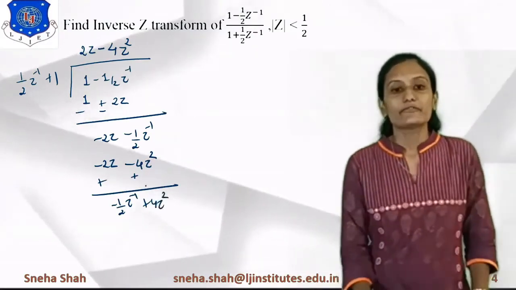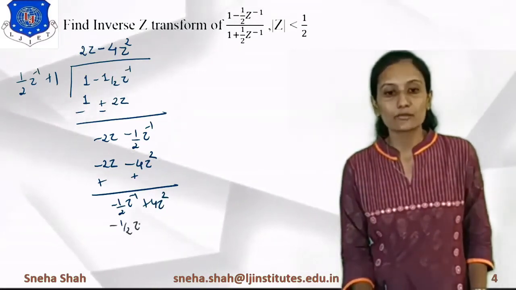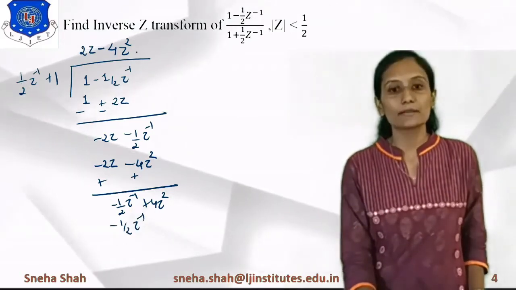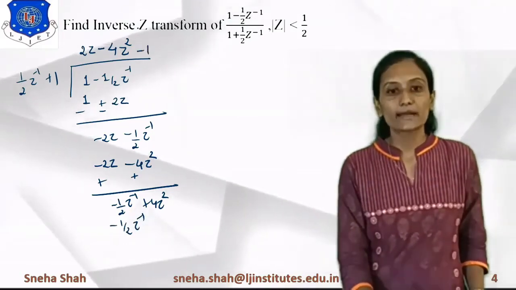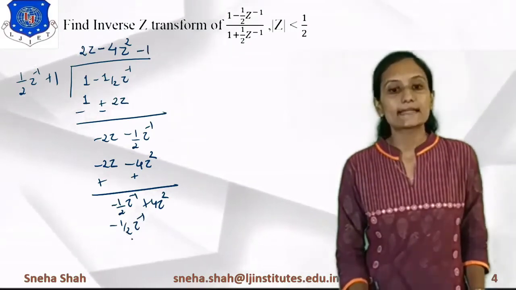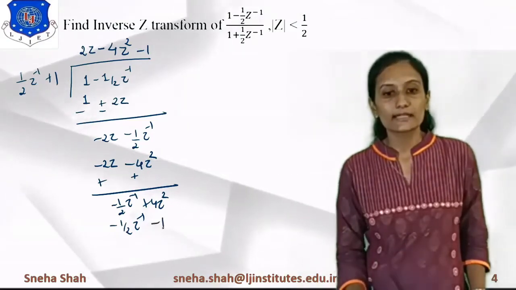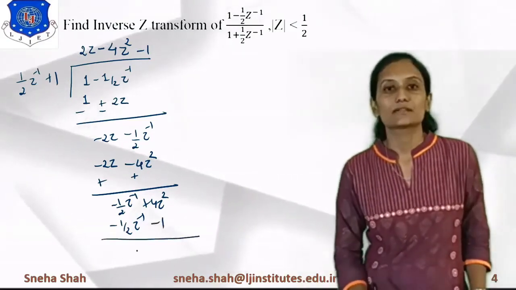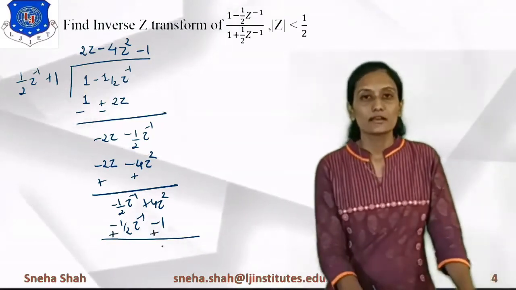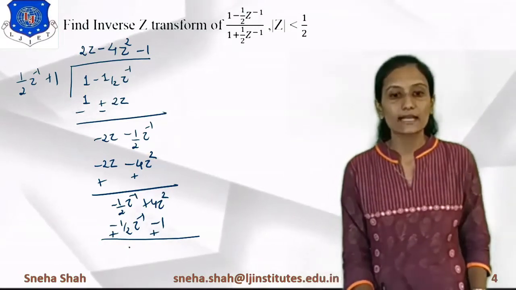Now, if I am finding the value of minus 1 by 2 z inverse, so I have to write down minus 1 by 2 z inverse. So you can see that 1 by 2 z inverse will multiply with minus 1. So minus 1 into 1 by 2 z inverse will give you minus 1 by 2 z inverse. Now minus 1 is multiplied with 1, it will give you the answer equal to minus 1. Right. Now we are applying the rule of sign changing. So these two terms will be cancelled out, so it will give you the answer equal to